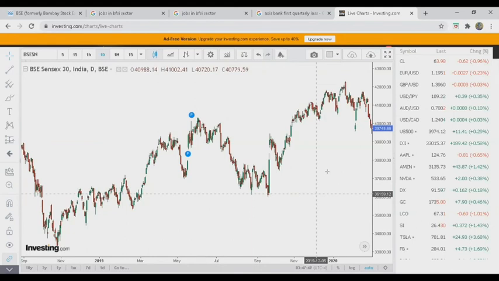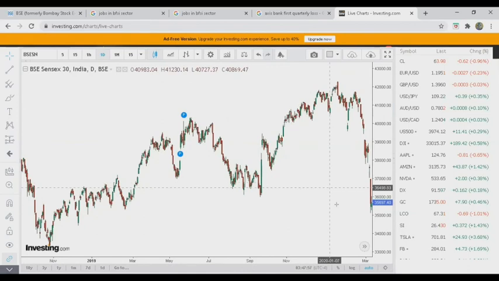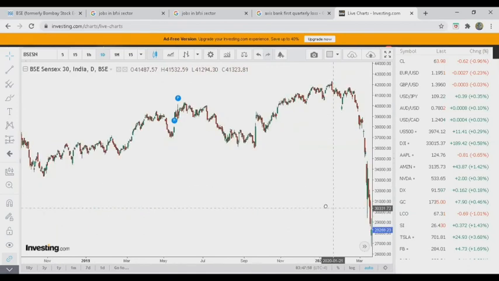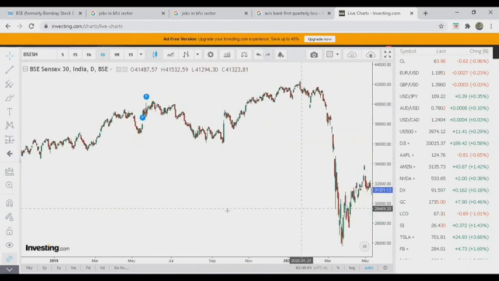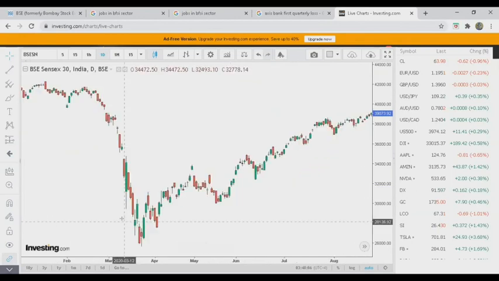That means that during this time, we were not fearing that lockdowns may happen in India and many other countries also. Yes, Italy and Spain were suffering at this time. Now comes March. Take a look at this. Sorry, I'm keeping the cursor over here. Look at this point where the market hit the bottom. It says 24 March 2020, and on 23rd March the lockdown was announced.